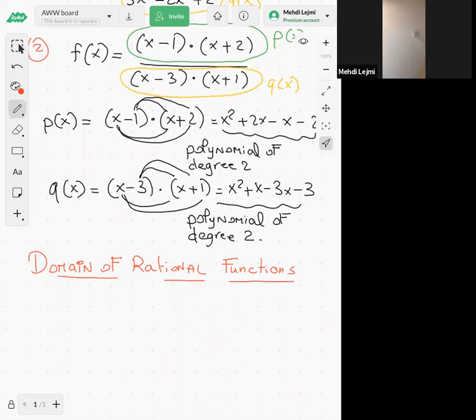Remember, guys, when you have a division, a quotient, you have to make sure that the denominator is not 0. So for the domain, if you have f of x equal to p of x over q of x, a rational function,